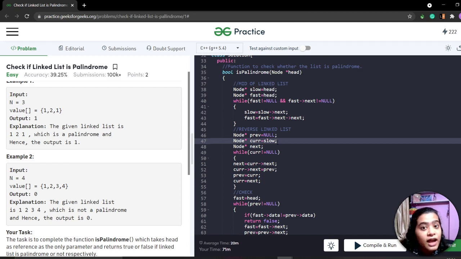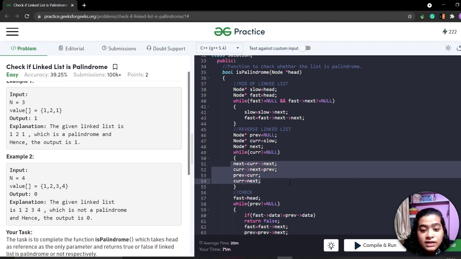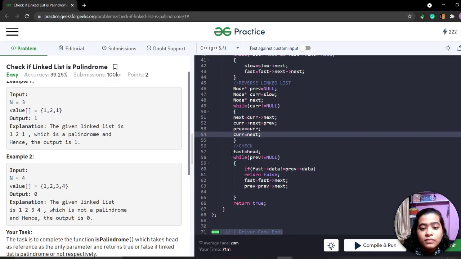You can check that in the I button how to reverse the linked list. While current is not equal to null, this is the logic for reversing. Now we are making the fast pointer point to head and the previous pointer is pointing to mid plus 1. So we will check mid plus 1 from the head. If they are equal, then we will return true and else we will return false.